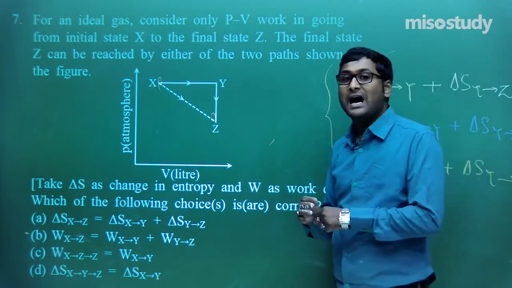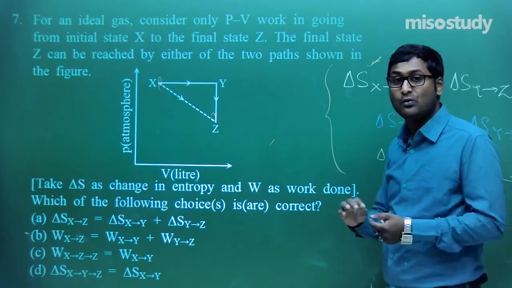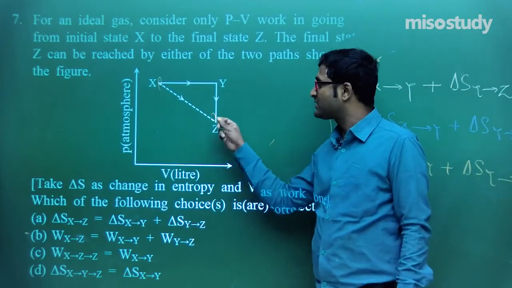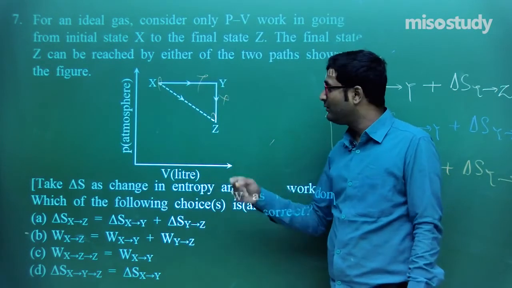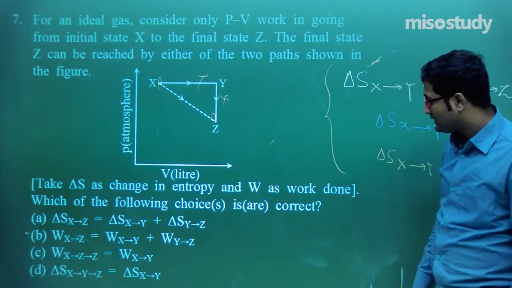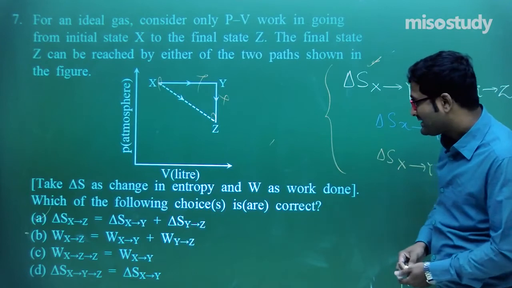Here we have to find the relation, so for a cyclic process it is better to write it this way, otherwise you will be confused. If you put this expression, then you do not need to check anything else, because here is the initial and final one. So in this case the A option is definitely correct. Now check out B, C and D.